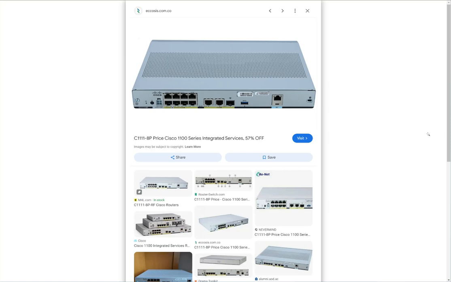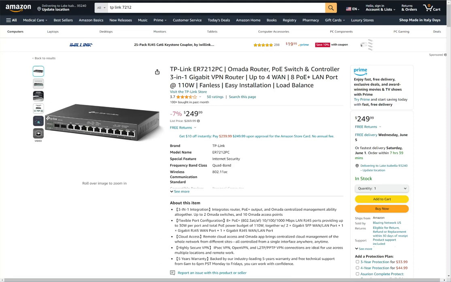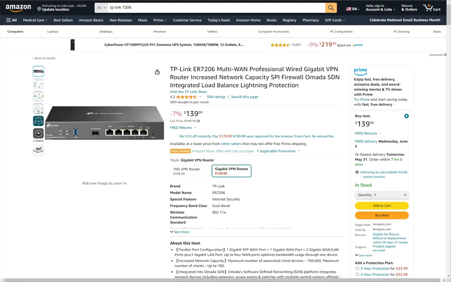But while I was poking around, I found that times have changed, and there's a new kid on the block, an old company I've known for a lot of years that used to make low-end equipment, and they solved my problem pretty well. So what I ended up settling on was TP-Link. And they make this wonderful, there's a couple of models that I've played with, this ER7212PC and this